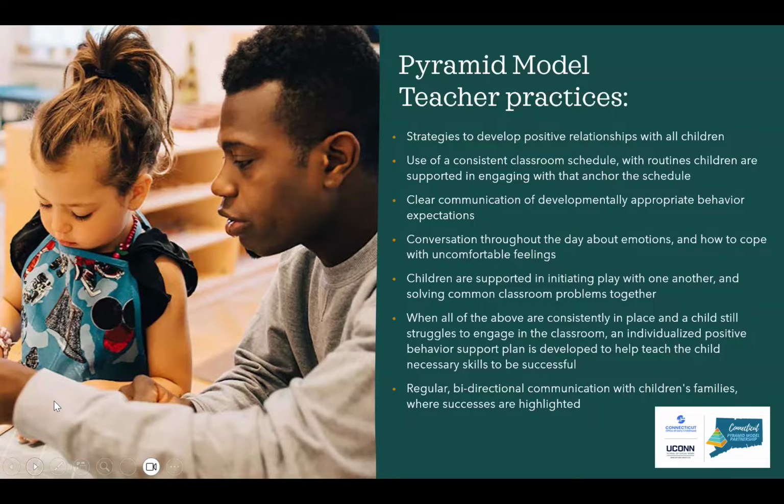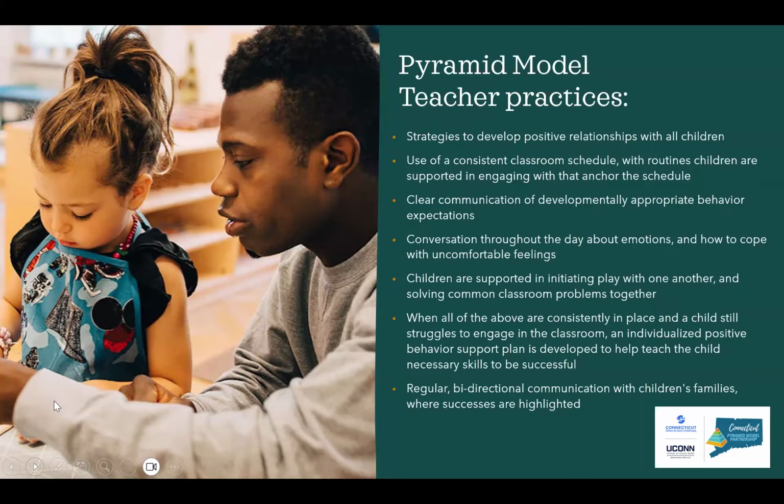You'll see conversations throughout the day about emotions, how to cope with uncomfortable feelings. There's lots of opportunities throughout the day to say, we were going to go and do this outside now, and it looks like it's cloudy and might rain, so I'm pretty disappointed about that. You know, what can we do to make our day better? Again, it's not just about labeling or expressing emotions when there is a big incident, but how do you find ways to just talk about the full range of emotions as they come up throughout the day, so that children have access to them and have the opportunity to practice them and aren't asked to first label or identify their emotion when they're upset or in trouble.